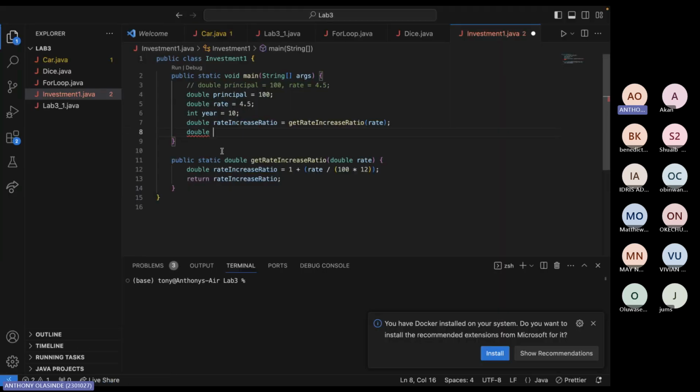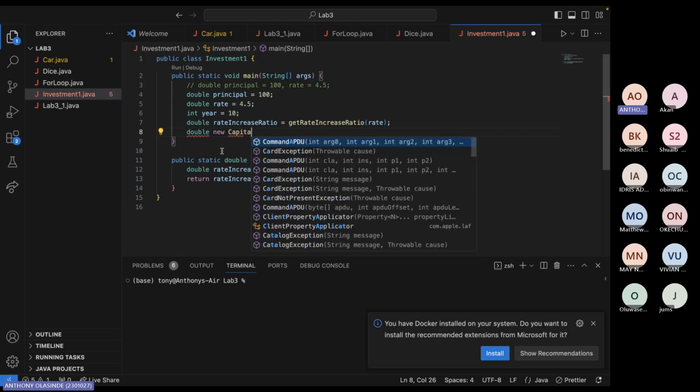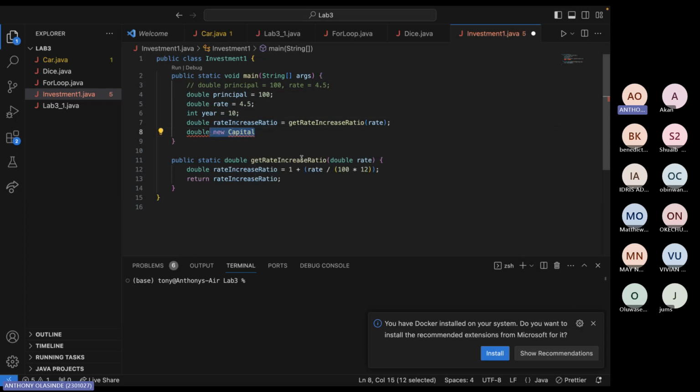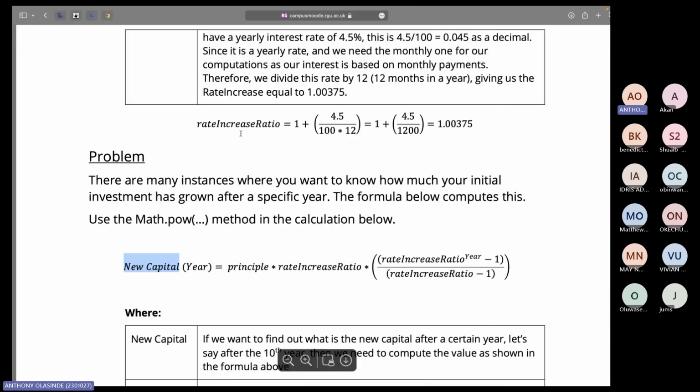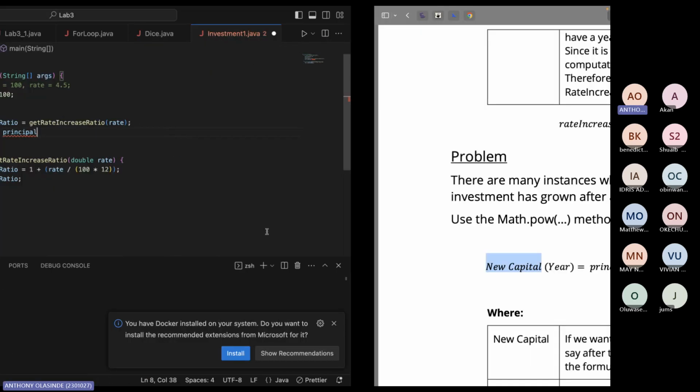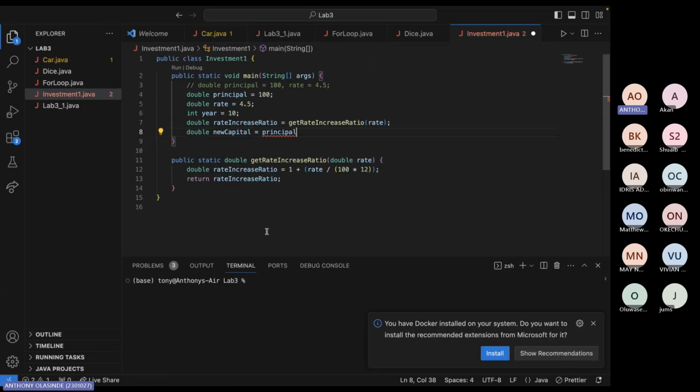Basically, you might want to write something like this in your new capital. This is wrong. You can't do this. Don't forget, you can't have a variable name with spaces. So what you can do is new capital equals, so I've managed to join both of them together, equals your principal times your rate increase ratio,